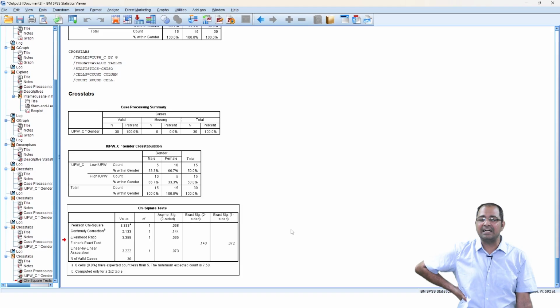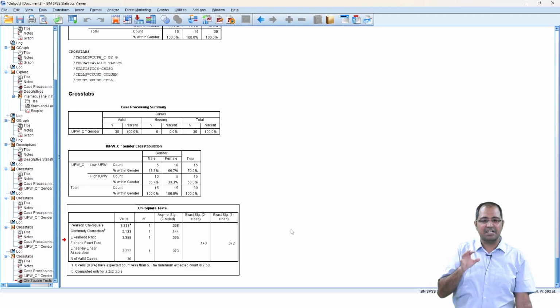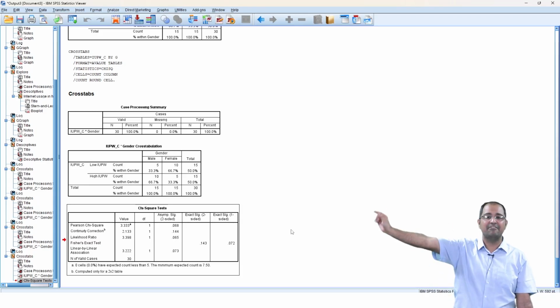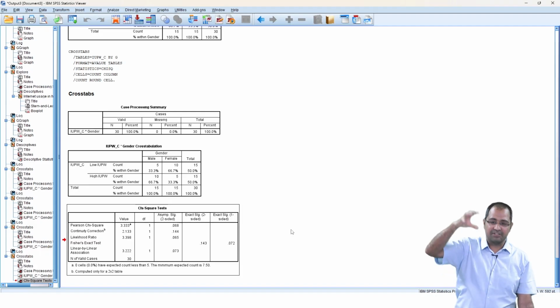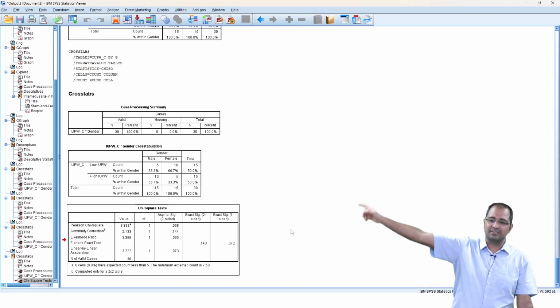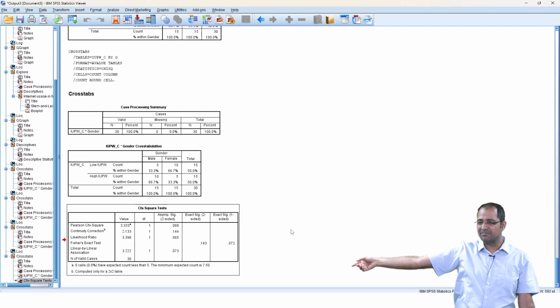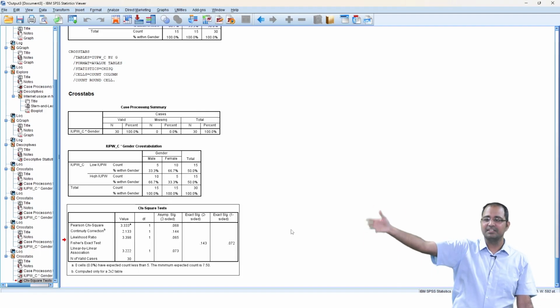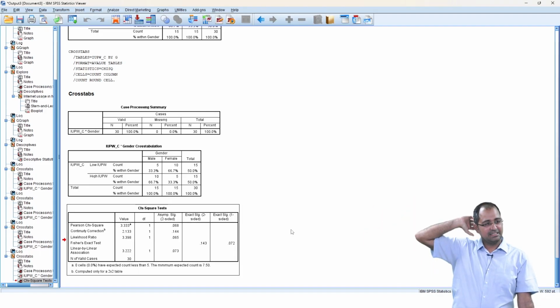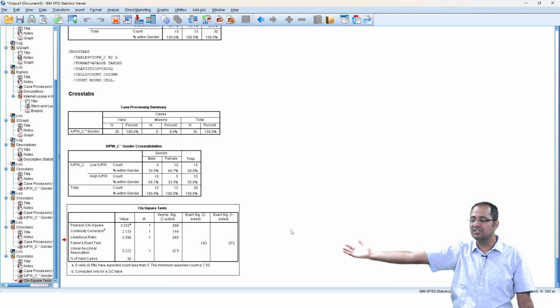And court says that we assume the person is innocent until you have strong evidence. Here also what we are saying, we assume there is no association until you have evidence. So we start with the assumption that the null hypothesis is true. Let's look at any evidence contrary to that. That is what we are doing in hypothesis testing. We follow the justice process and say that there is no association, there is no difference. Then we look at any evidence